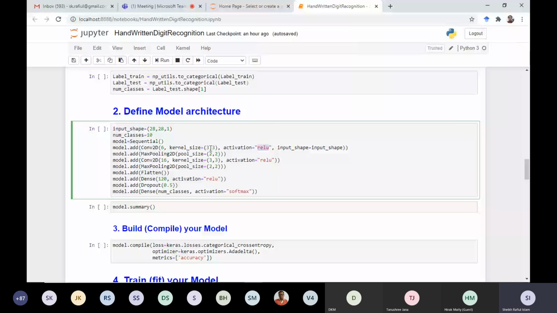For the final layer, you cannot use ReLU in this case. And see here, input shape is equal to input shape. So this value will be there. Instead of defining it there, you can directly define it here. That does not matter. So the first layer has been defined.